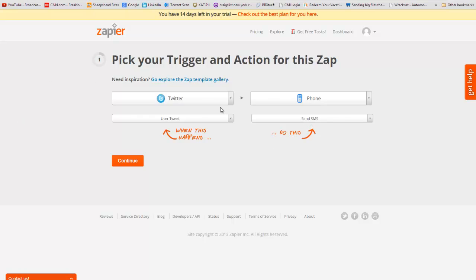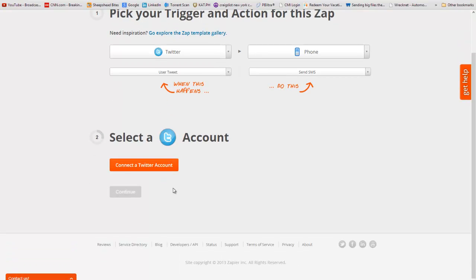And this will also be really good if there's a particular person I'm following, or a company I'm following, or someone specific that I might want to be alerted differently than just seeing a little pop up on my iPhone with a little one in the corner, but actually want to get a real text message. So what I'm going to do is set these settings here. Whenever there's a user tweet, send an SMS to my phone, and I'm going to click on continue,